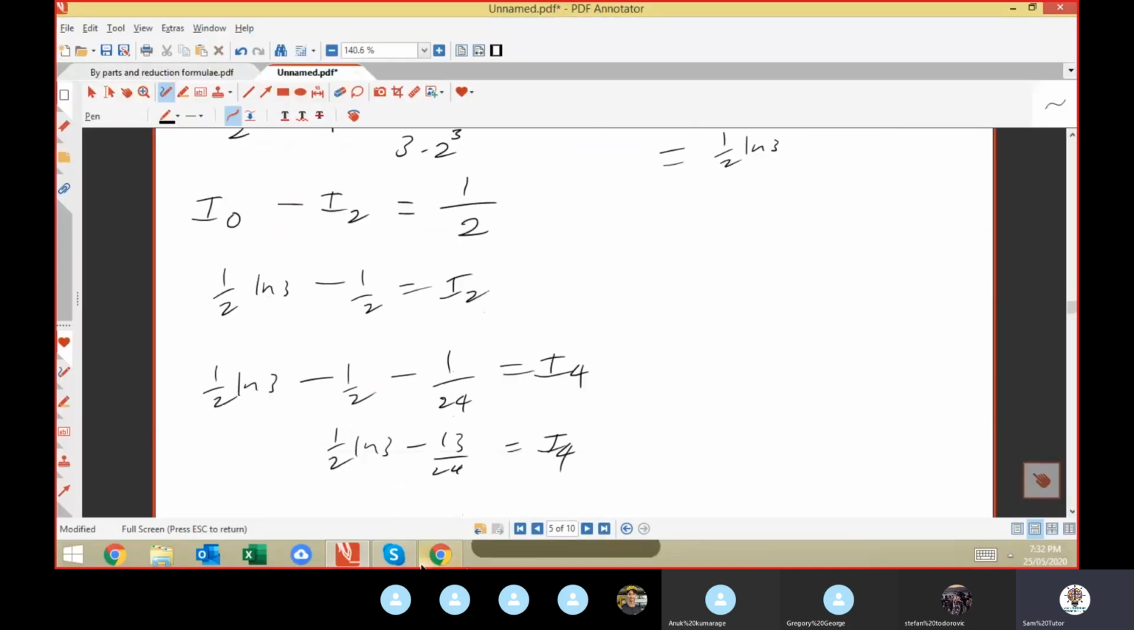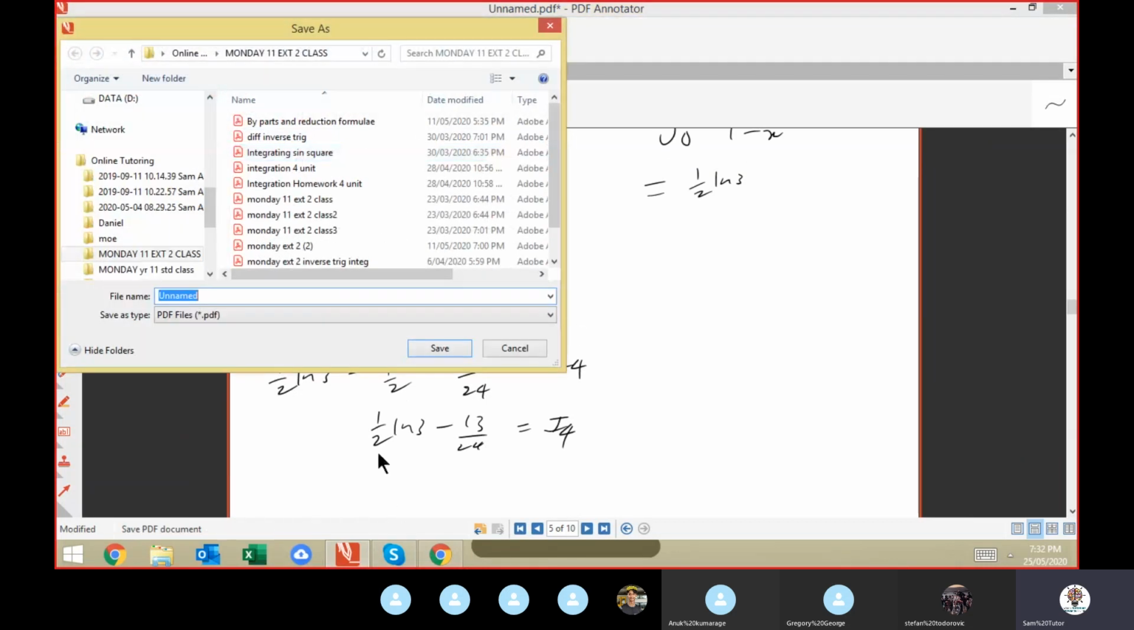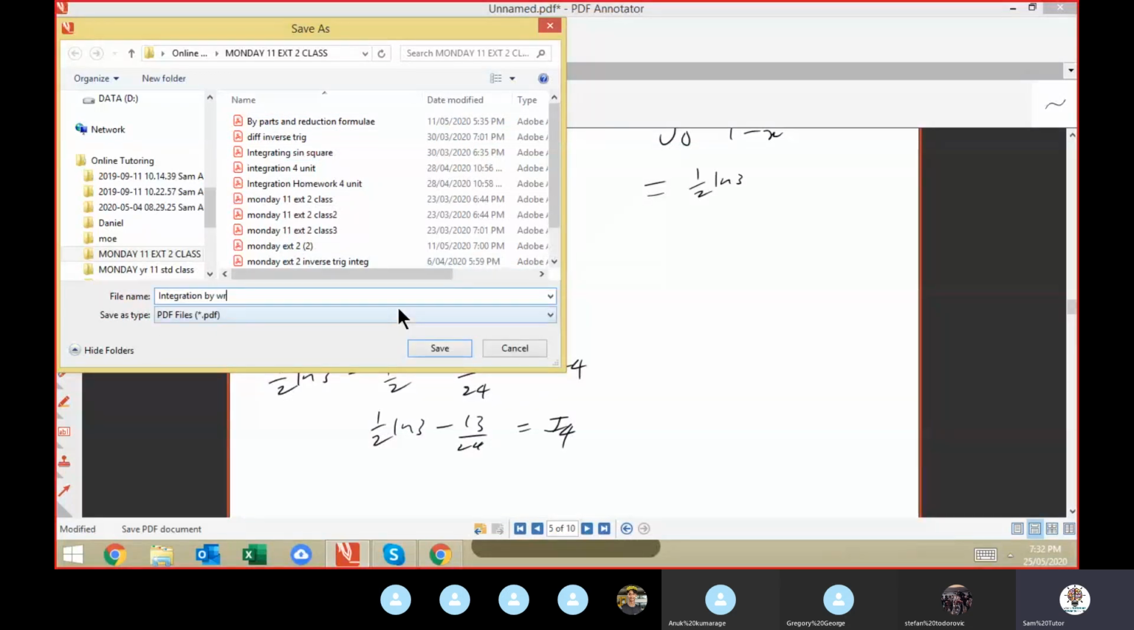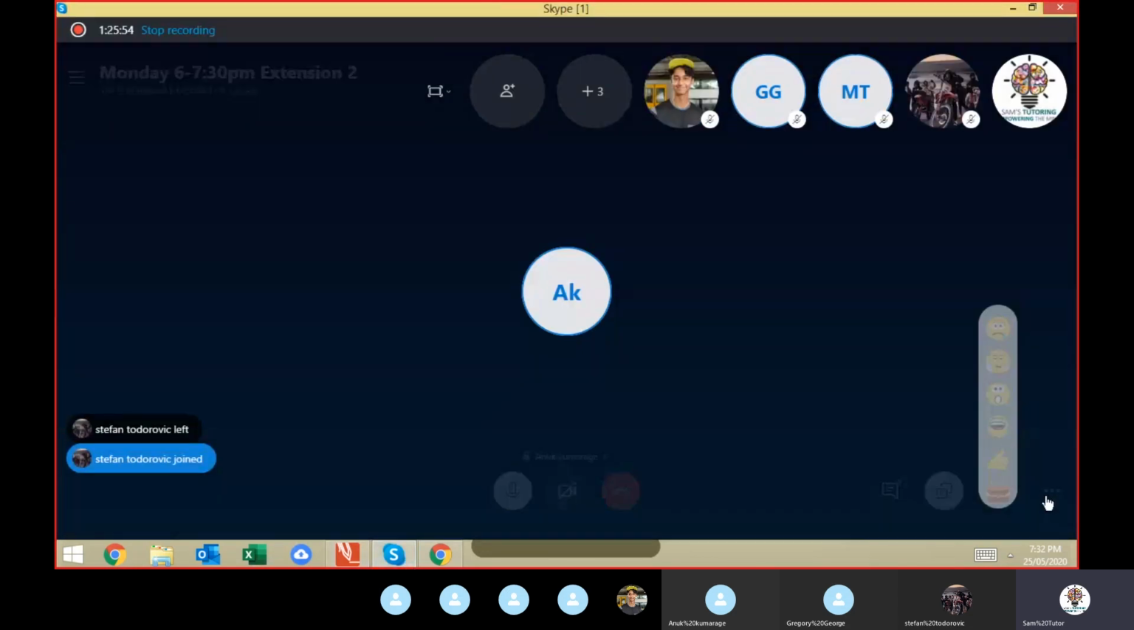All right, starting next week, I'll save this. Starting next week, we will be doing integration by reduction formula. We'll start revising